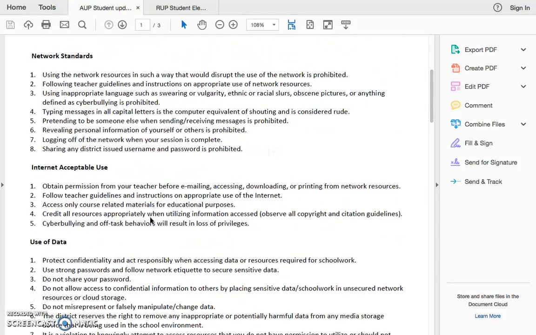The first section is network standards, and many of these components are similar to the staff AUP.